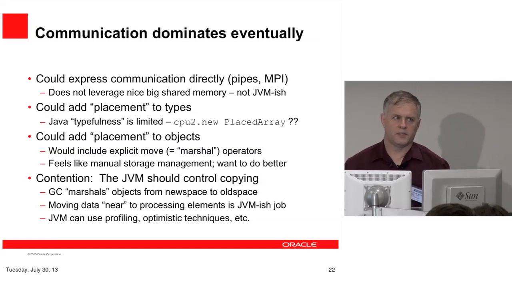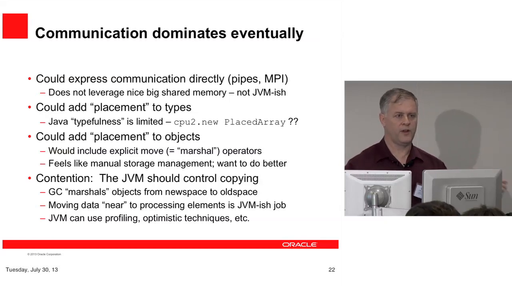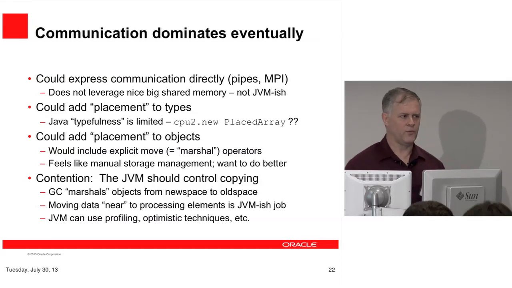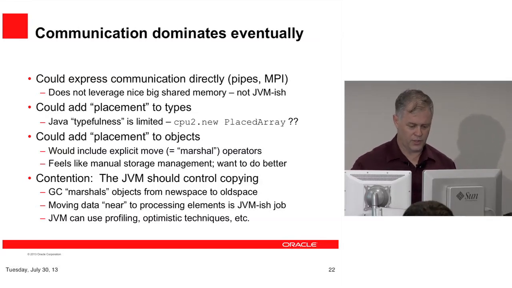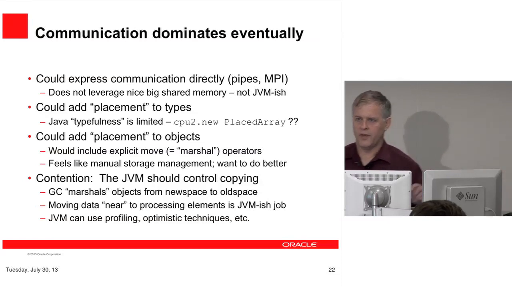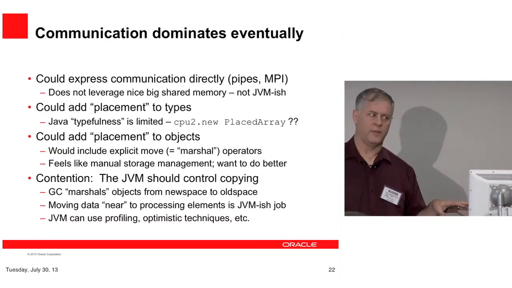Right now, people explicitly move their data with also an explicit reformat, and they call it marshalling. And it sounds like you're a field marshal and everybody's following your commands, but you're actually the sap that's waiting for things to move around, so you can push the button and press the compute. But the interesting thing about marshalling or moving is that it's a kind of a GC-ish kind of an operation. So this feels like something the JVM ought to help with, and maybe the hardware too.